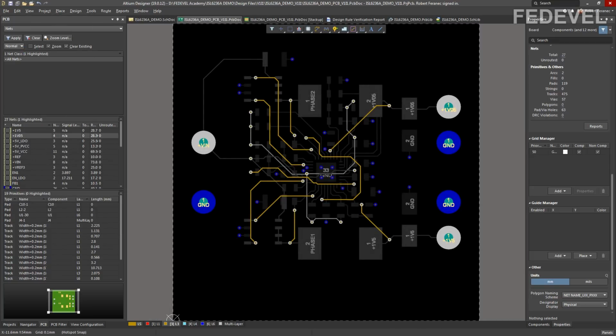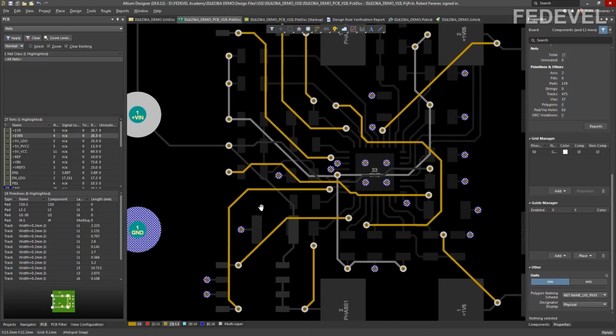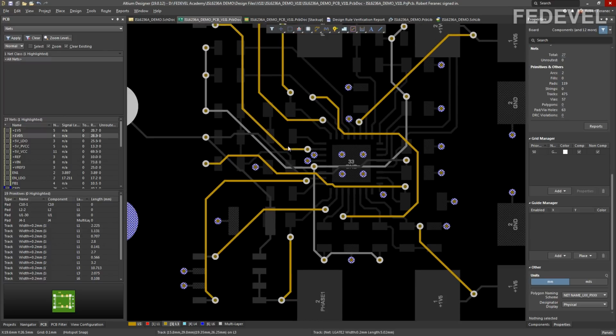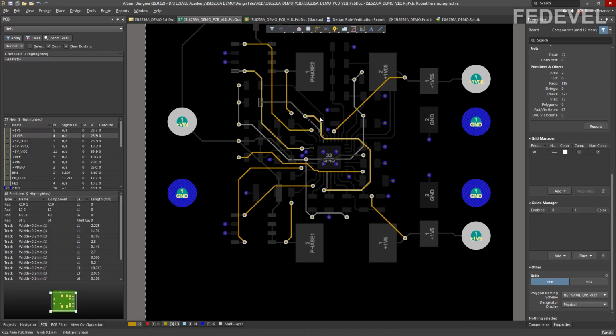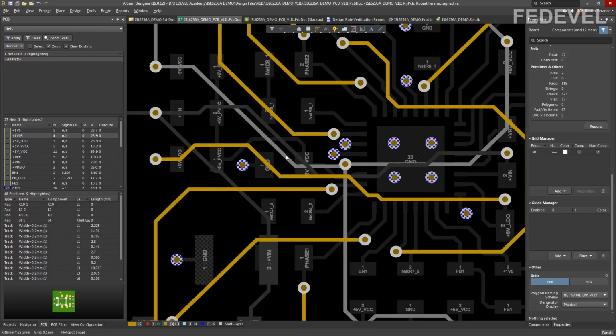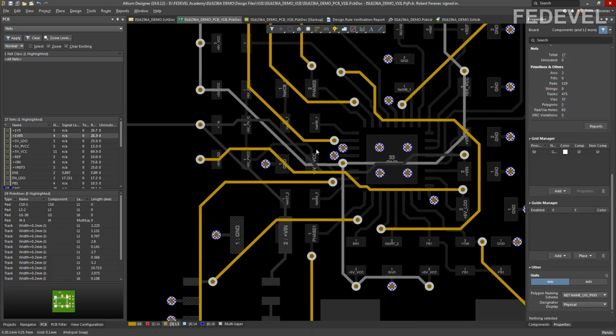By the way, sometimes when you use the gray out mode, some of the layers can still be quite visible. Notice this layer 4 track which is here. It's still quite strong and it can be disturbing when you are doing a layout on layer 3. So to make this a little bit less visible, you can try to change the color of layer 4, or there is a better way how you can do it.